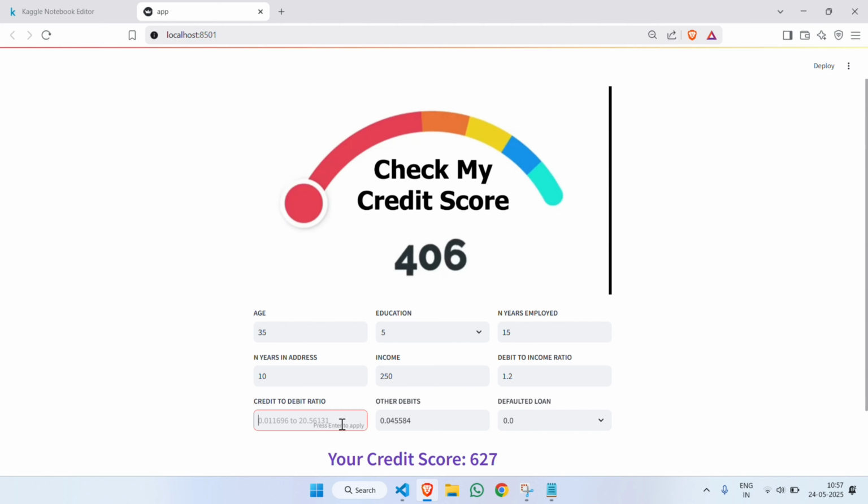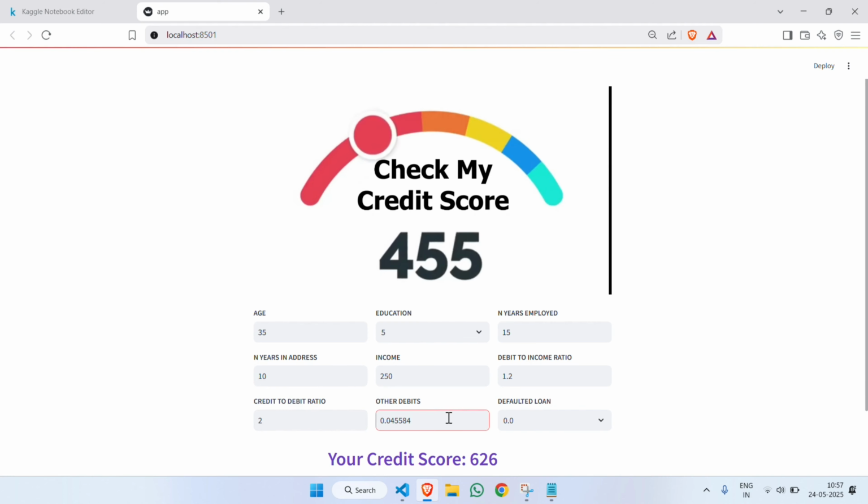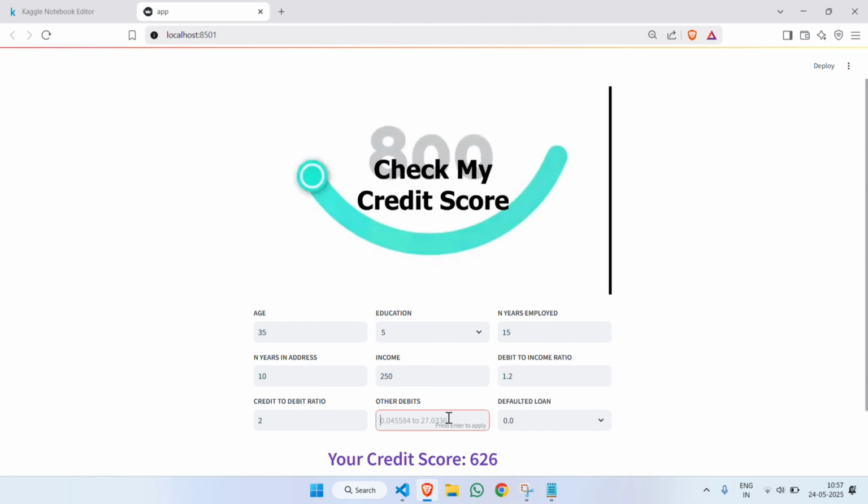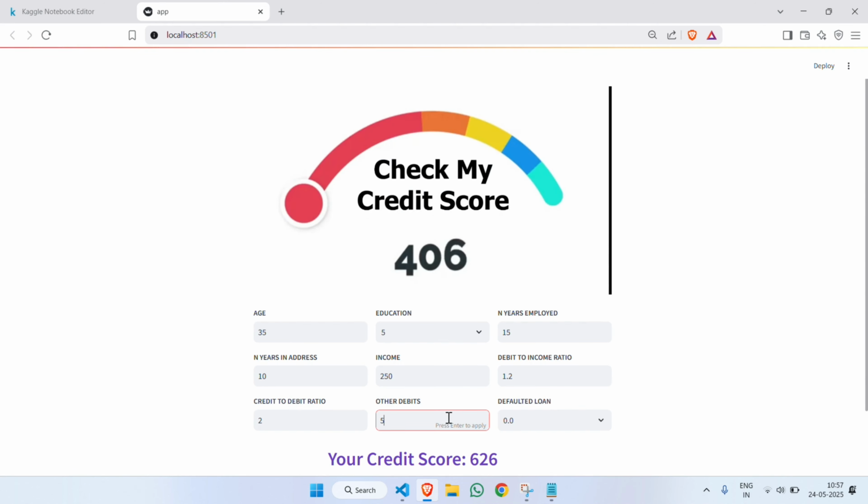So let's enter some value between, let's enter 2. So the credit score is 626. Now let's change the other debits also, and it has the range 0.04 to 27. Let's enter 5. So the credit score is 625,